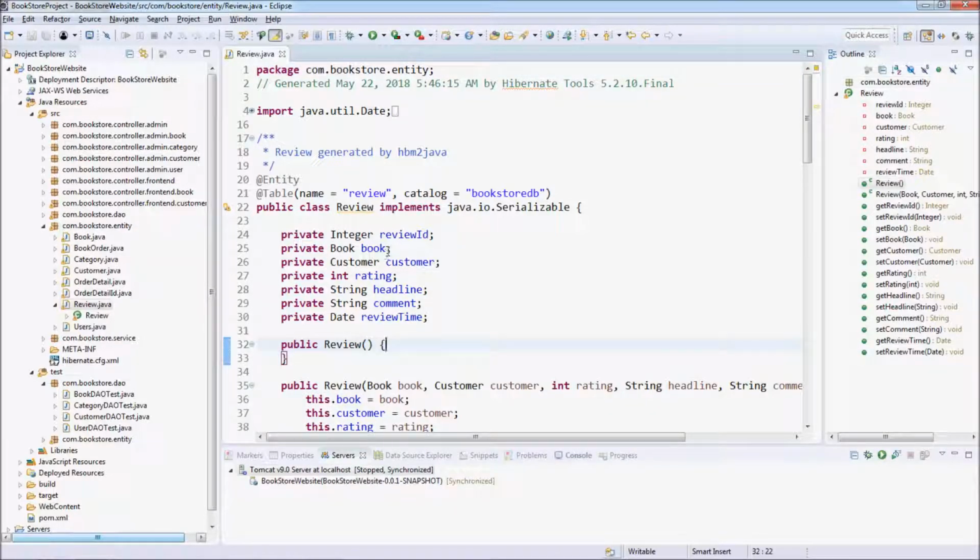You see, these are the fields of a review: ID, book,